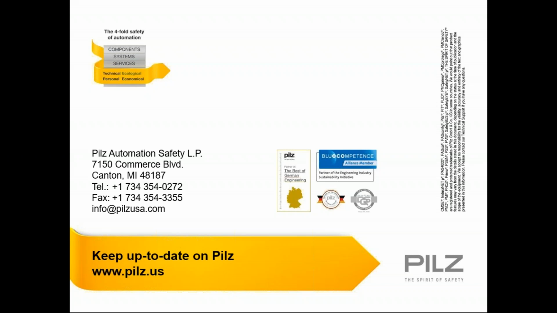It is the opinion of Pilz that if you use a mechanical gate switch similar to what is shown, then that is what you would really need to do to meet safety category 4, because with the keyed switch like that, you have a single point of failure. But there are lots of switches offered by Pilz and our competitors that meet safety category 4 where you wouldn't have to use 2 switches there.